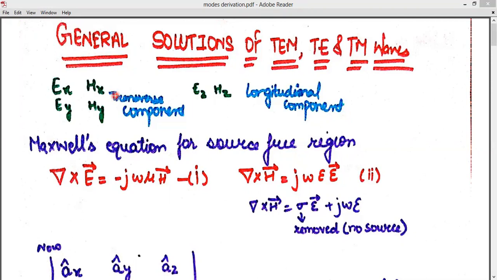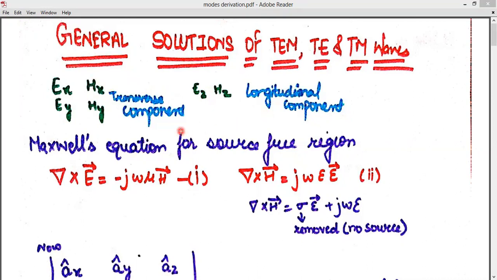Okay, let us consider an EM wave which is propagating in Z direction. I told you how the wave propagates. So that Z direction will be the longitudinal direction and the XY plane will be the transverse direction. The field components which are in the transverse direction are known as transverse components, and those fields which are in the longitudinal direction are called longitudinal field components. If you have a Z direction traveling wave, then EX, HX, EY, HY are the transverse components, and EZ, HZ will be longitudinal components. Okay.